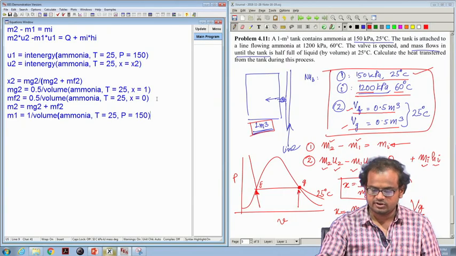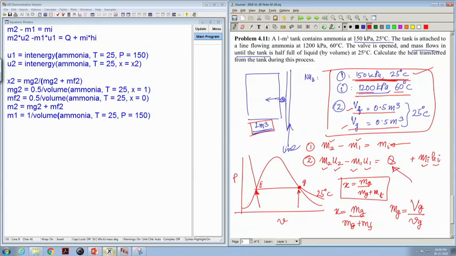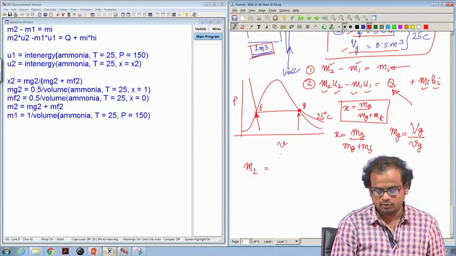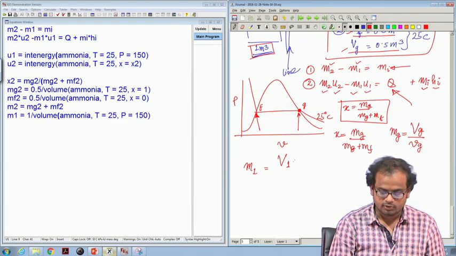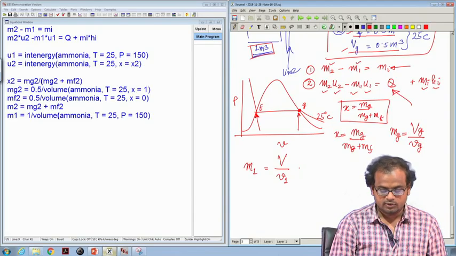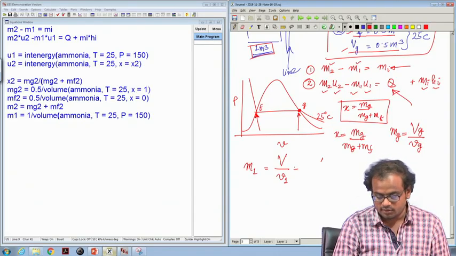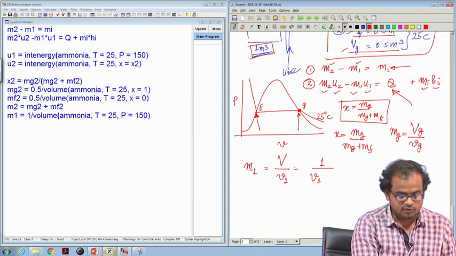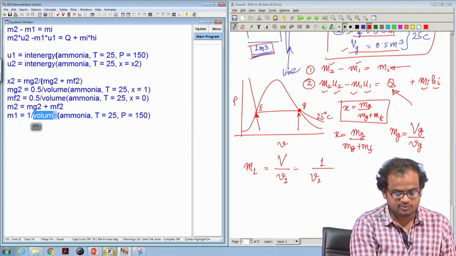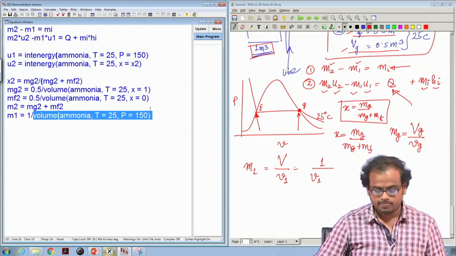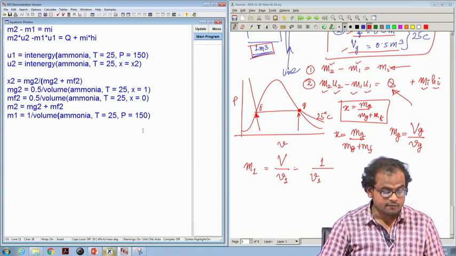Initially there is 1 meter cube of ammonia, so the initial mass M1 is equal to the initial volume, which is 1 meter cube, divided by the initial specific volume, at 25 degrees Celsius and 150 kPa. So, we have M1, we have M2,